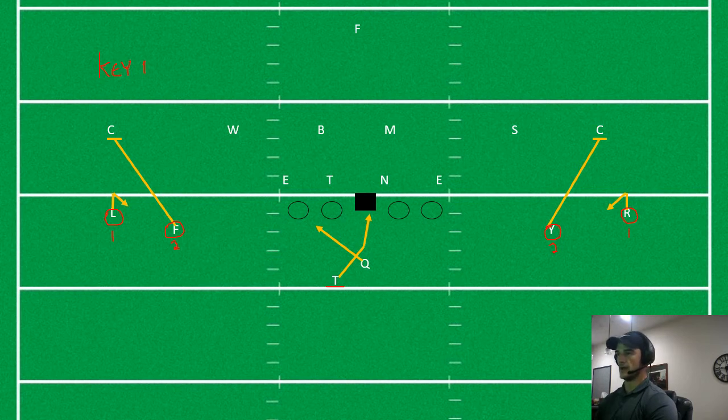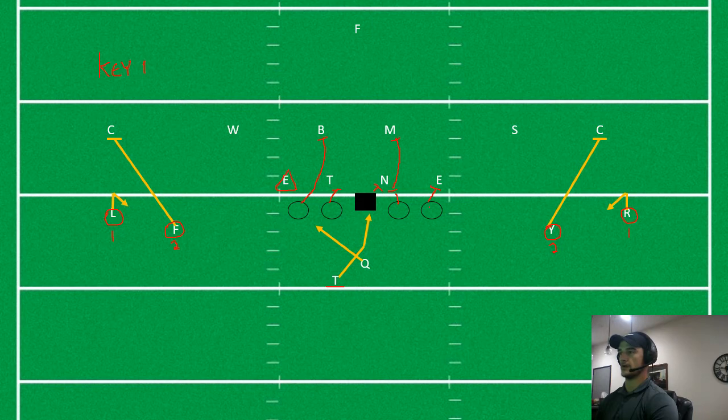So we've got all of these guys making their blocks, 3 steps to their play side gap. 3 steps to their play side gap. This guy's coming up. 3 steps to the play side gap. And 3 steps to the play side gap. Quarterback's reading him. But this is a pre-snap RPO. So pre-snap,